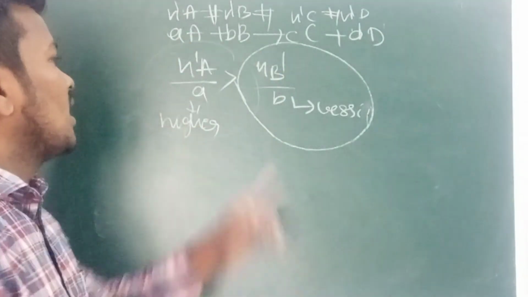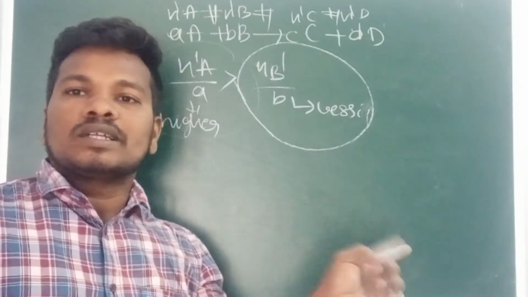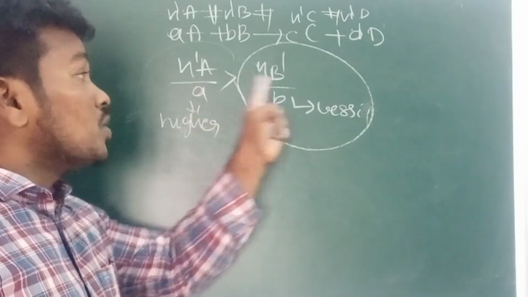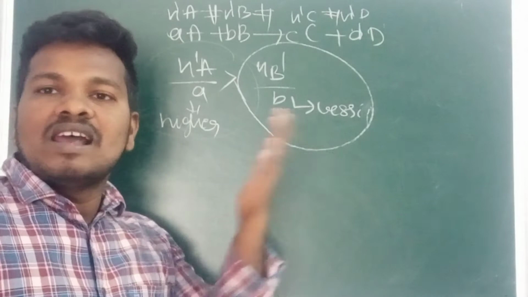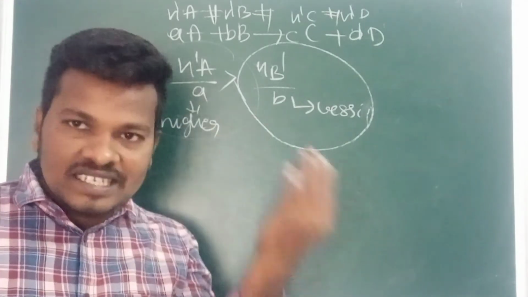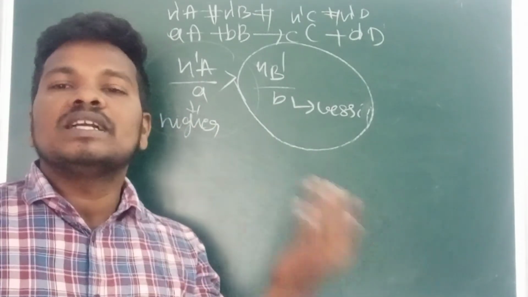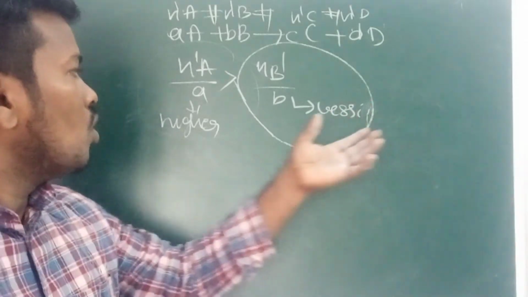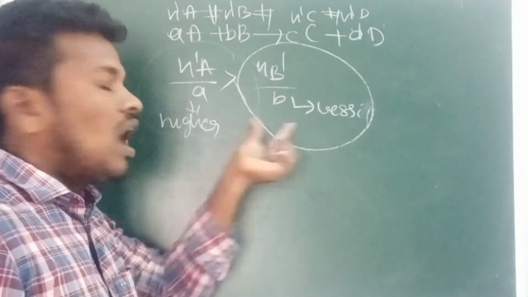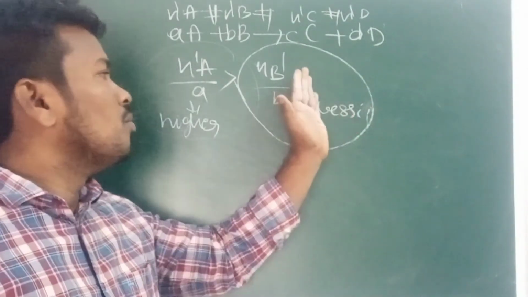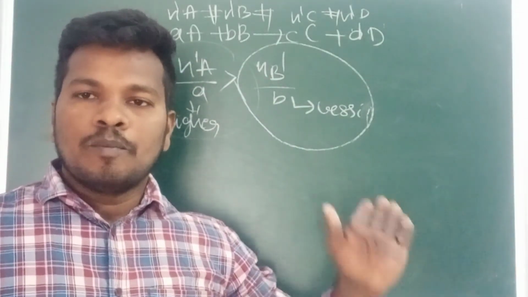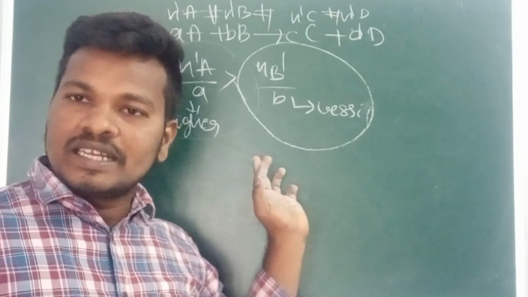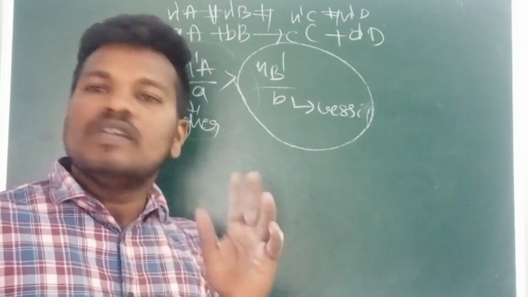Why? Because A alone will not react in the chemical reaction. A should react with B. But here B has the lesser quantity and lesser coefficient. For example, if both are reacting, after 50 minutes B is completely gone, converted into product, but still A is left. A alone will not react.